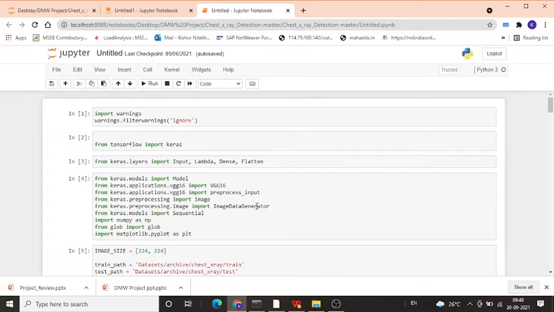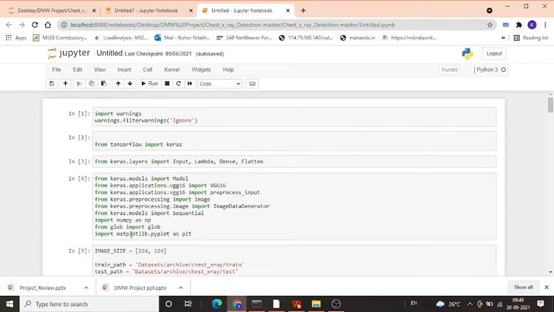This ImageDataGenerator library is used to expand the training data set in order to improve the performance and ability of the model. Then from Keras.models I have imported Sequential. The Sequential library is used to execute all the layers sequentially, means one after another. Then after, I have imported the NumPy library. If we have to do any operation on an array in Python, we have to import the NumPy library.